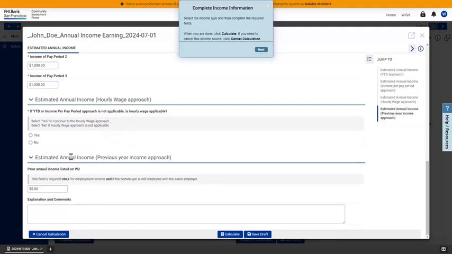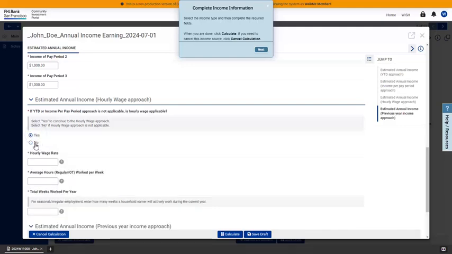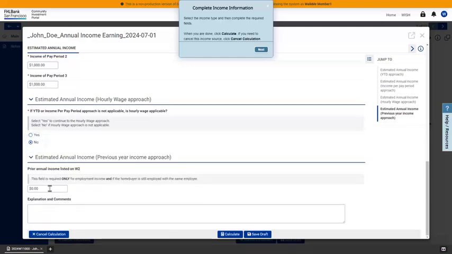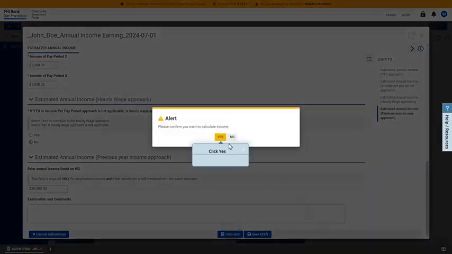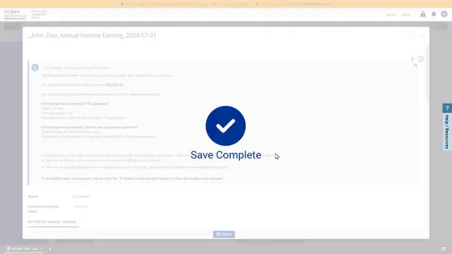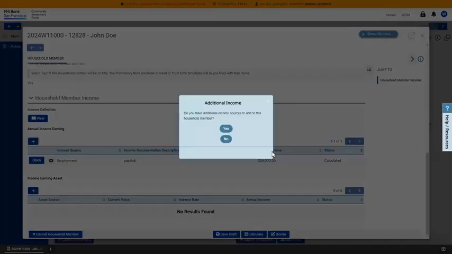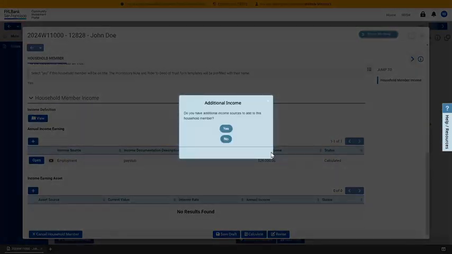You may notice with some fields, such as this one where we can choose yes or no, that other fields may open up depending on your choice. Pay attention if these extra fields become available and make sure that you enter all required information. Now that we've added one piece of income, we'll be prompted to ask if there's additional income that we need